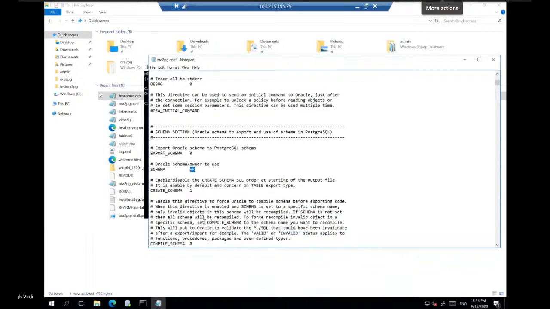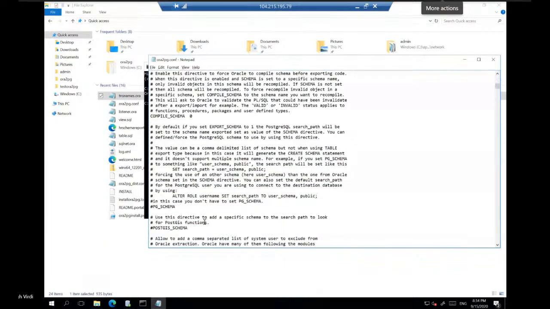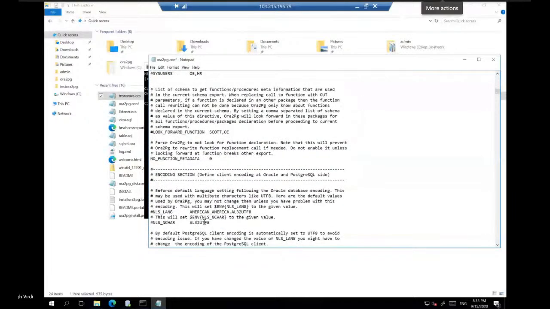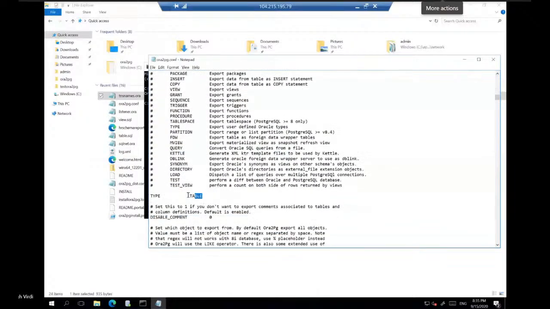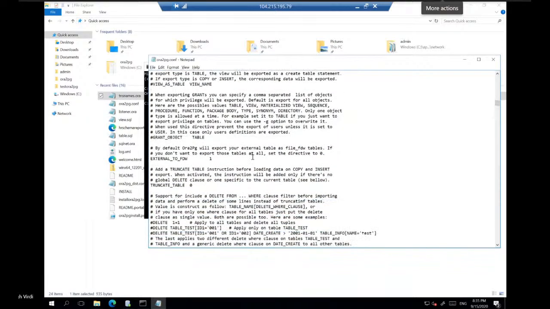And then there are other parameters that you can tune. One of the important ones that I have seen is where you define what type of objects you want to assess, whether you want the comments to be available with the table definition or not.